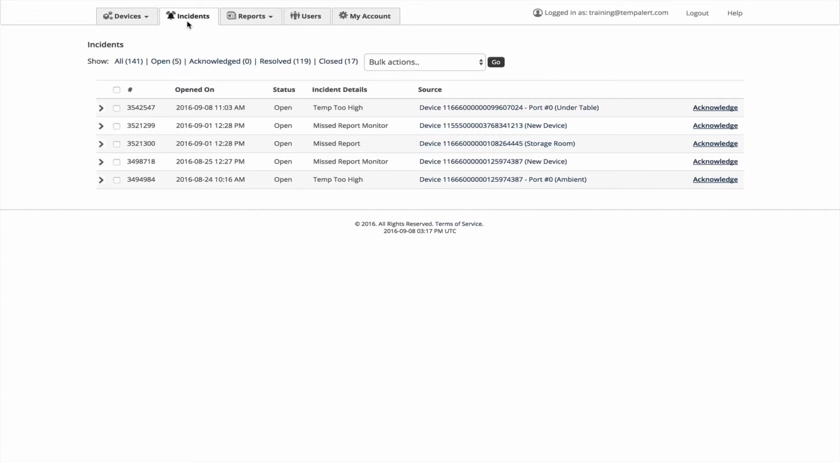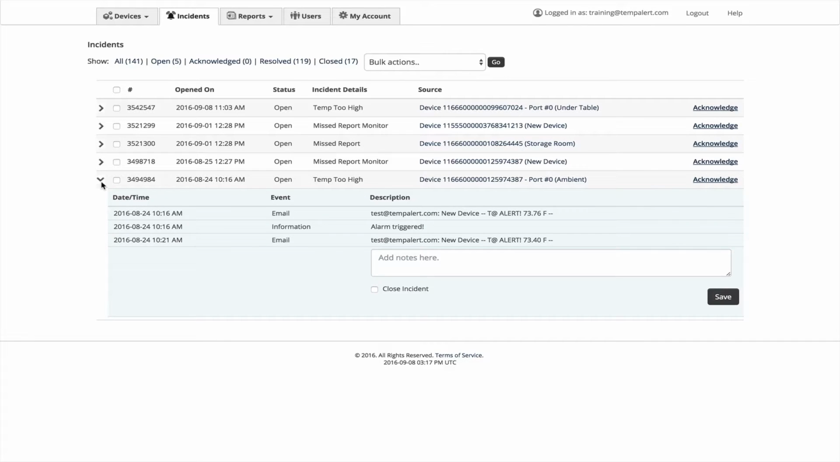Clicking on the incident will reveal a list of who was contacted and also display the time the incident was triggered. If you wish to add a note, you can do so by simply selecting the text box, typing any necessary